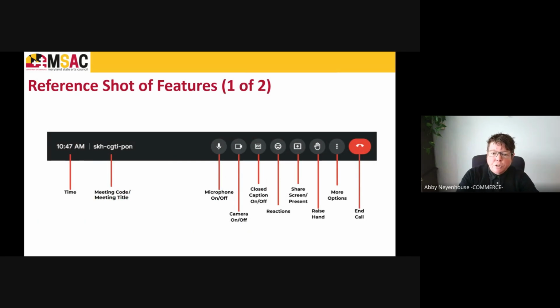Today, we're using the Google Meet platform for our meeting session, and on your screen are the features of Google Meet. At the bottom left are the time and meeting information. At the bottom center are your controls that include the mute and unmute button. We ask that you remain muted throughout today's meeting unless you are speaking. The camera button, which turns video on or off. The closed caption button, which turns computer-generated closed captioning on and off in support of meeting accessibility.